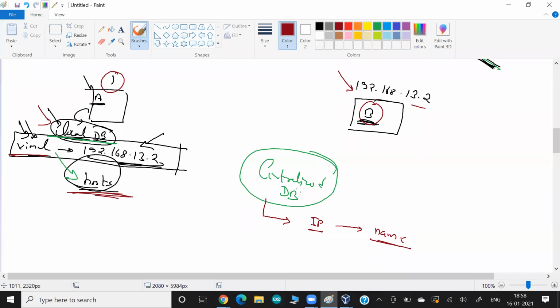So that is the reason somebody in the world created a centralized database, with a record for all the IPs and their respective names, and they put the names in this database in such a way that every IP will have some unique name. They also follow some convention here. For example, here I can use any name like Vimal or LW or A. That would be your choice, whatever name you want to give. But somebody or some community has decided for the internet, for networking, and said always try to give some name that uniquely identifies